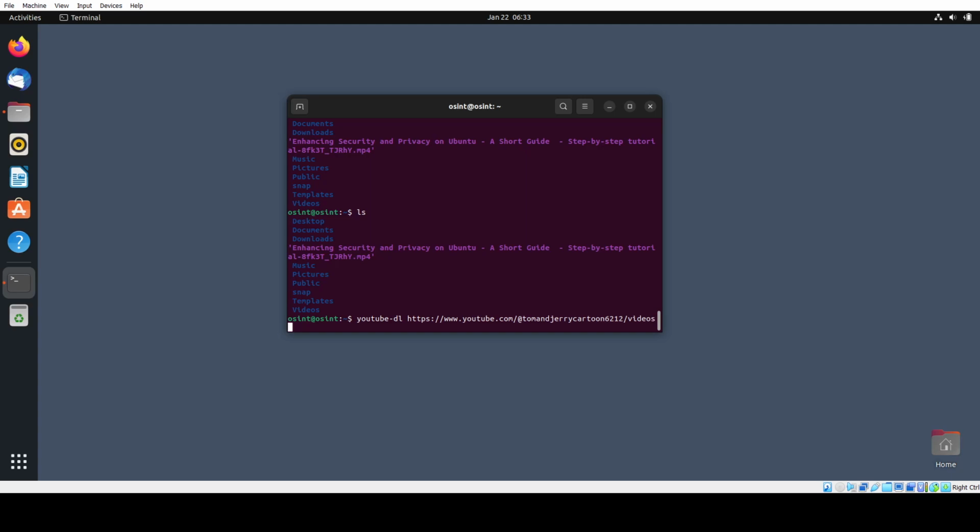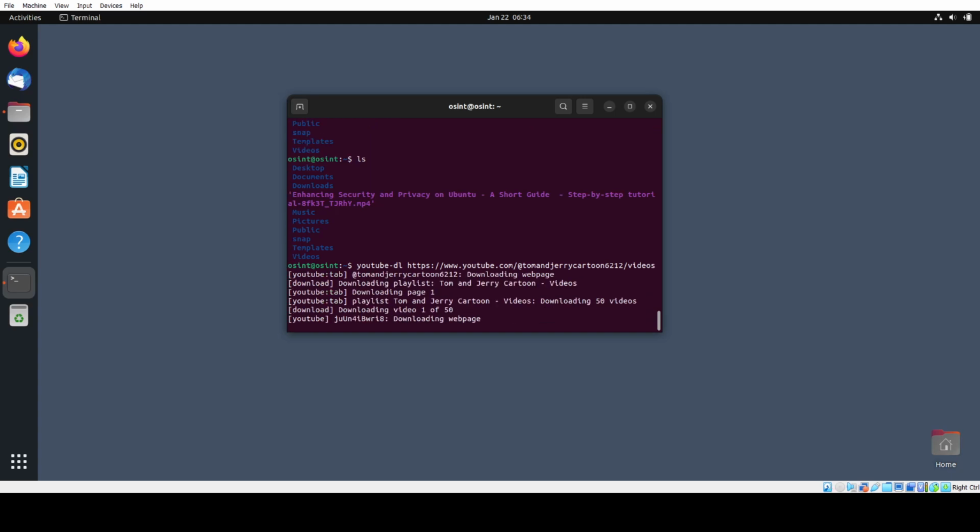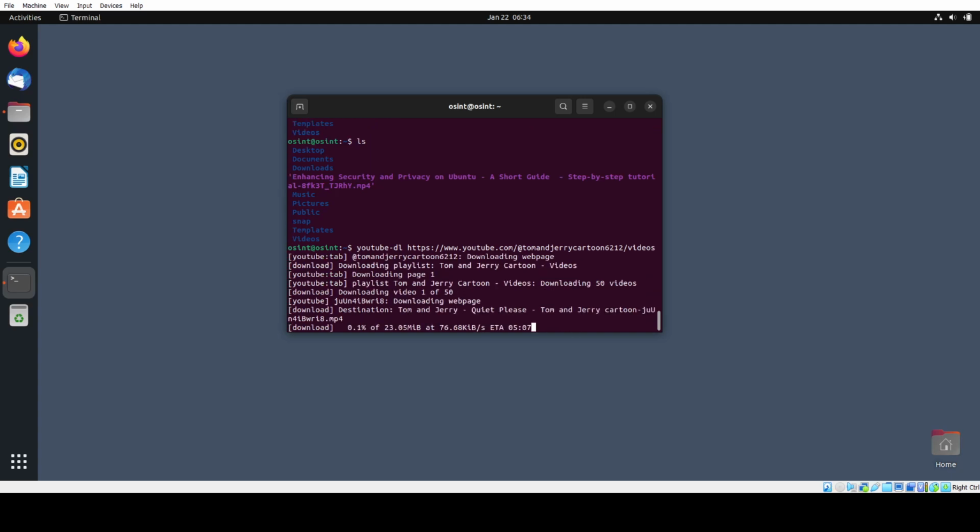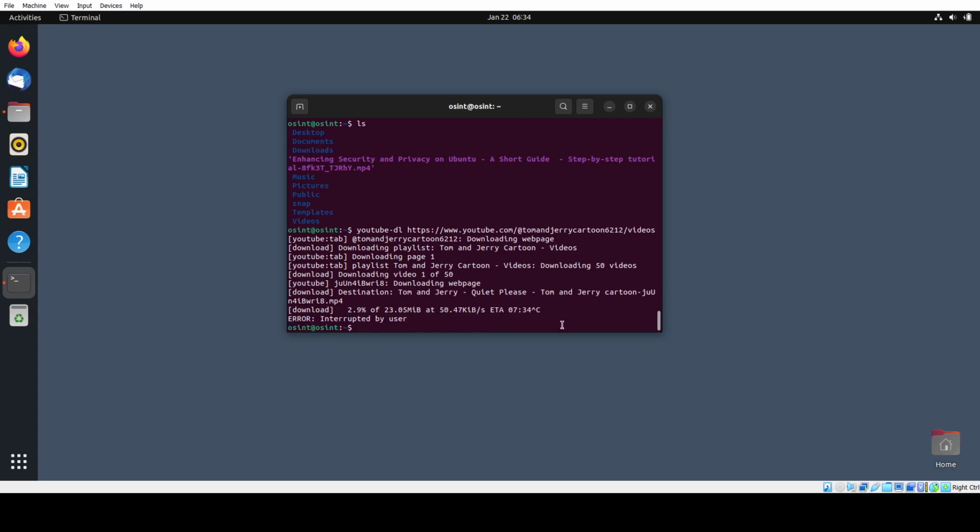So I press enter, and it just says that it has 50 videos, and it will start downloading automatically. So that's how easy it is to even download a whole playlist. I'll press Control C here for now. The next feature that this tool has is you can also